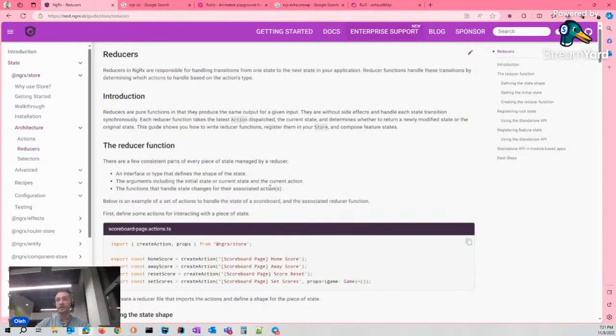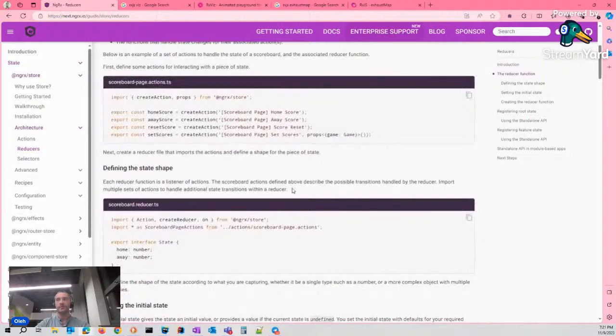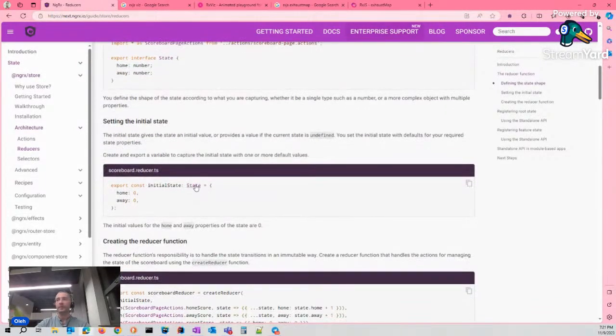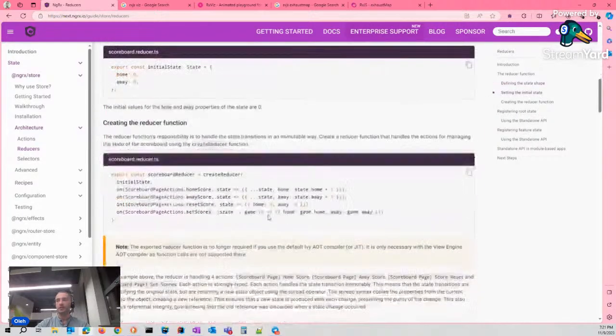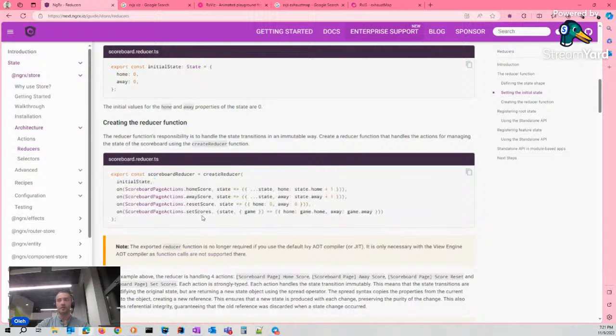A reducer section contains these first steps. What we need to do. Initial value, of course. How to create a new reducer.